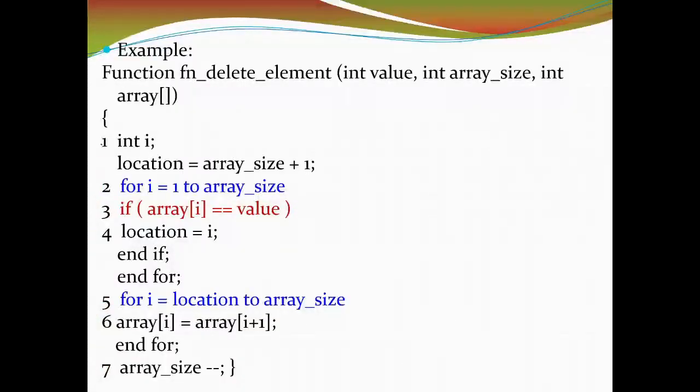That is 1 to 2. This time this for loop is going to be false. So when this for loop is false, directly it is going to come to statement 5. And this time this for loop is going to be true. When this is true, it is going to execute statement 6 and statement 7. So this is the second path, 1 to 2, 2 to 5 and 5 to 6 and 6 to 7.